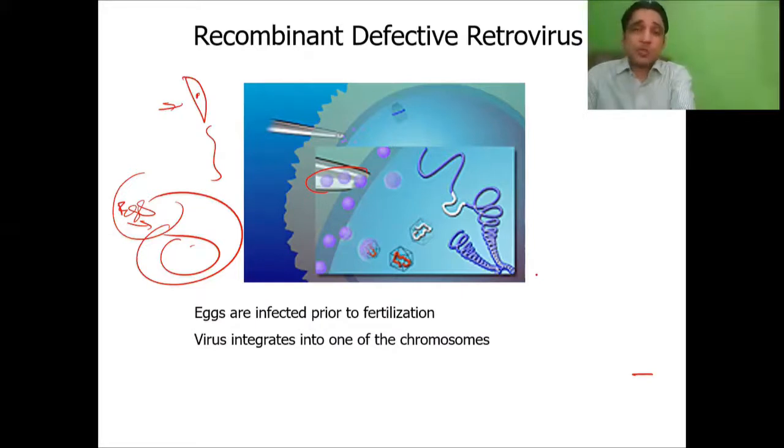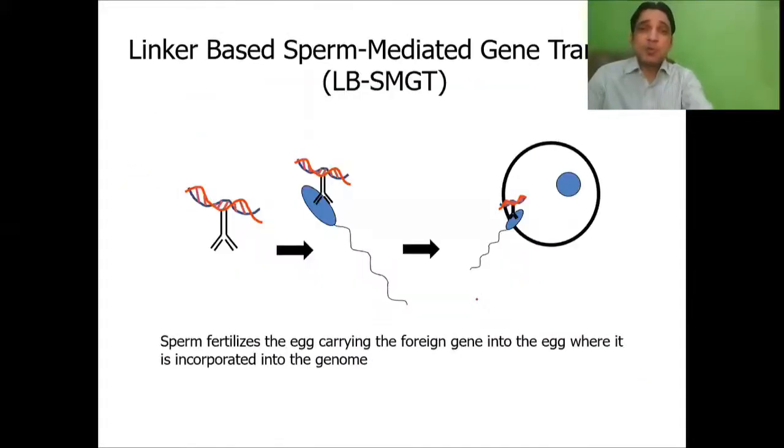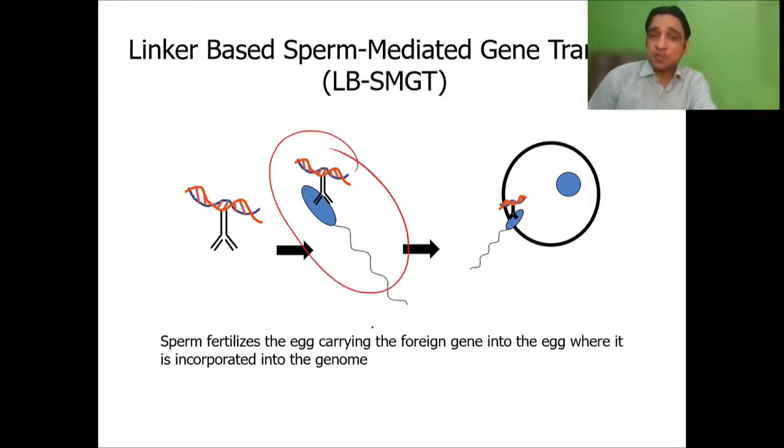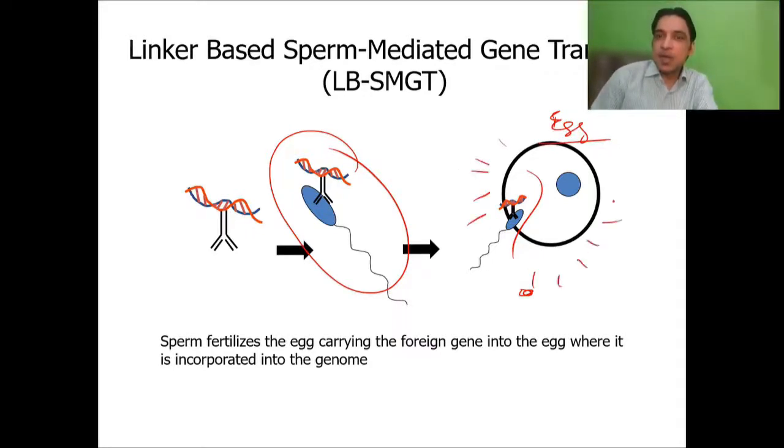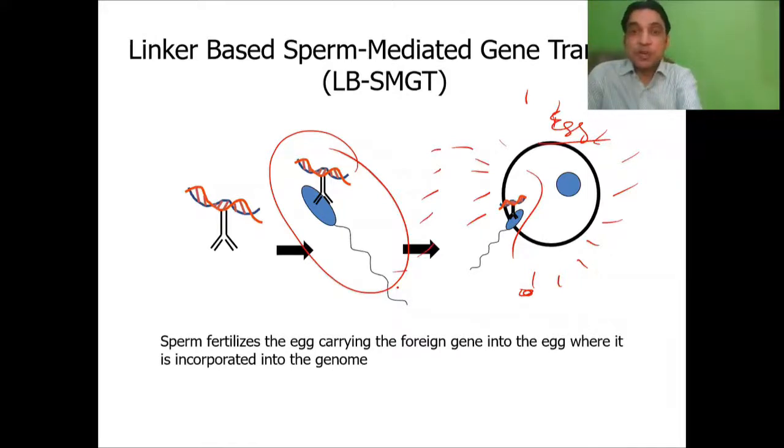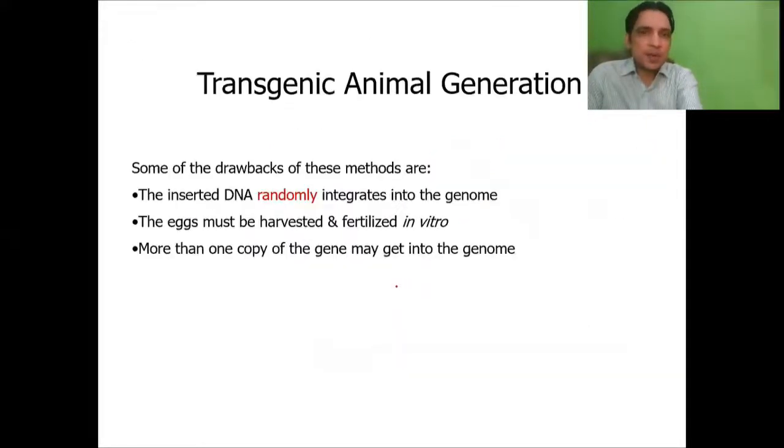People are doing wonderful things to find better ways and better delivery systems. I mean, look at that. We develop certain antibodies which can bind themselves to the sperms, and then we use the sperms as a delivery system. You know, sperms know where to go. They need to swim towards the egg, because the eggs are releasing certain chemicals, and those chemicals attract the sperms. And you can use the sperm as a delivery system to send material to the egg, and the other things as well. Okay, we will study